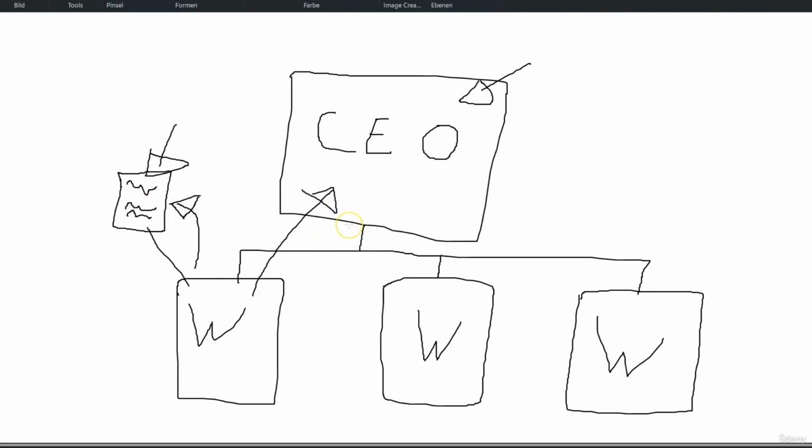And let's just say the next worker would be, for example, a creative writer. So let's assume that we tell our CEO, hey, we want to have a blog article about fitness. The CEO would go on and ask the first worker to browse its knowledge, our fitness knowledge that we have uploaded. Then the first worker would give this fitness knowledge back to the CEO. Then the CEO would give this task to the second worker. The second worker would be, for example, perfect for writing creative stories, blog posts and so on. And then as soon as we have the blog post, this worker would give the blog post back once again